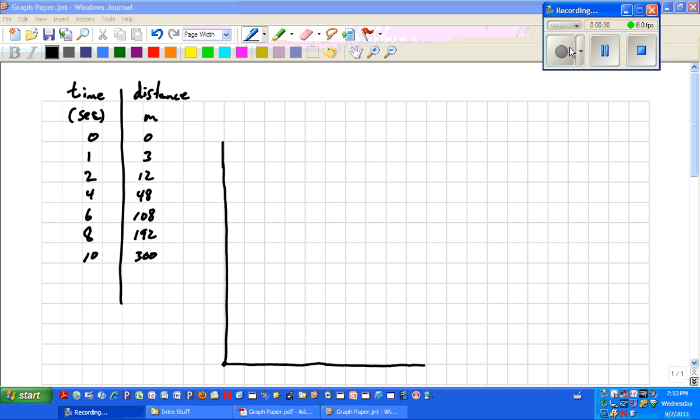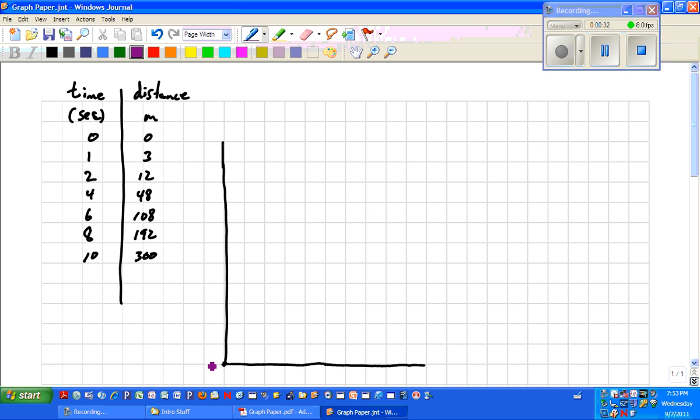So let's go ahead and graph this. We'll start with 0, 0 down here. Time is going to be on the x-axis because that's our independent variable listed first. And we've got our distance, which is going to be on our y-axis. So let's set up our